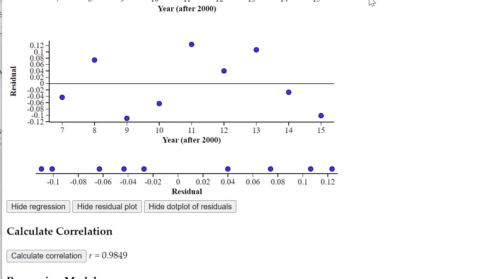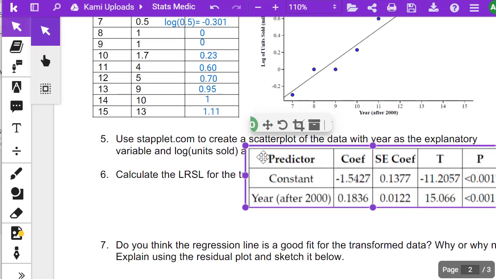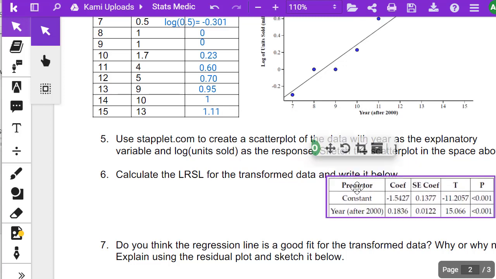I want you guys getting used to seeing these computer outputs because that's probably what you're going to see on my test and the AP. So this is the output, right? So if we do it, the equation will be